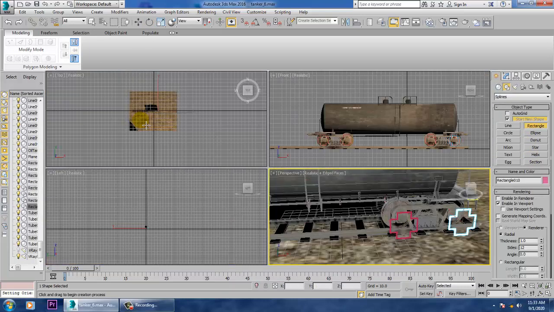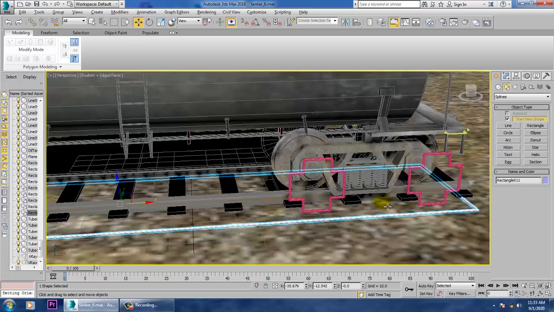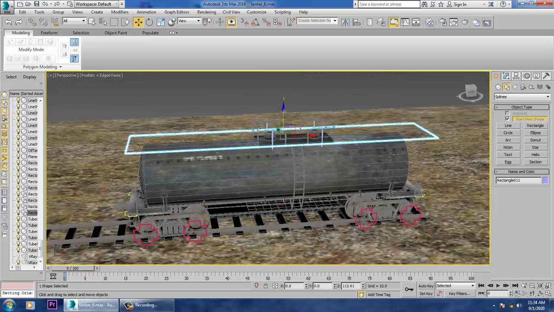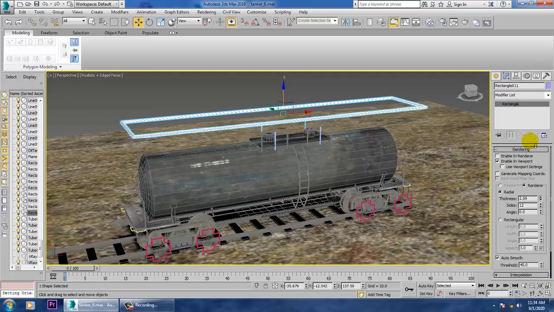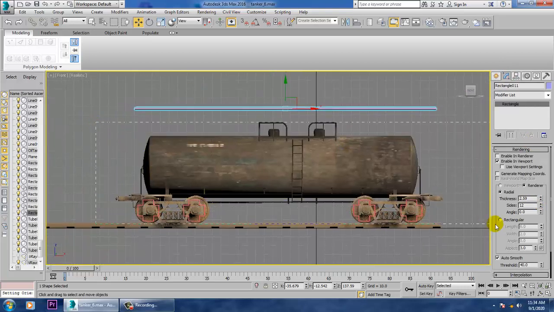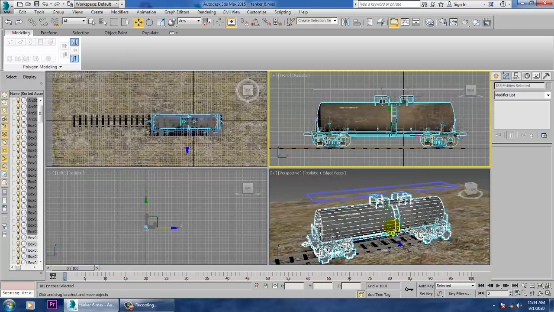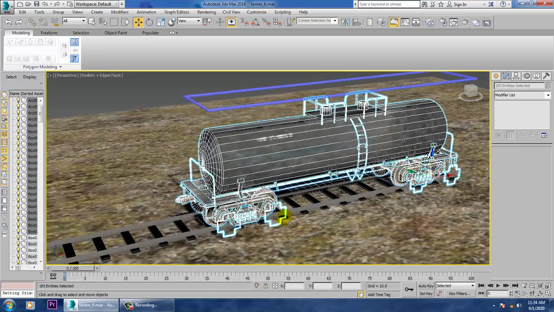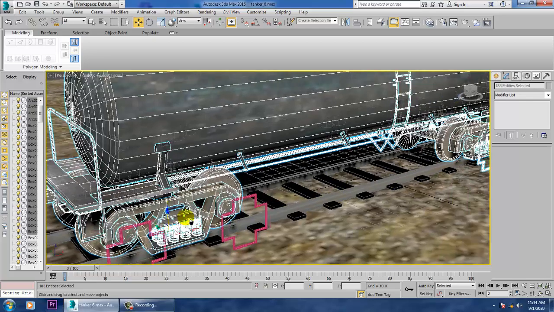Once your constraint is done, let's create one more controller on top of it. Let's go on to the top view and create one more controller over here. You can just resize it if required. Now what I will do is select all the objects, excluding these controllers for now. After that you can also do that, not a problem.